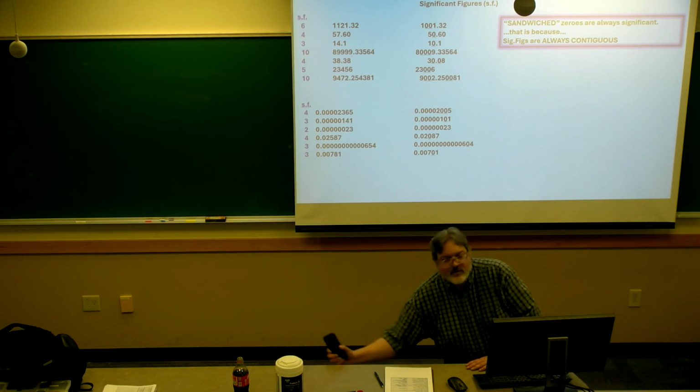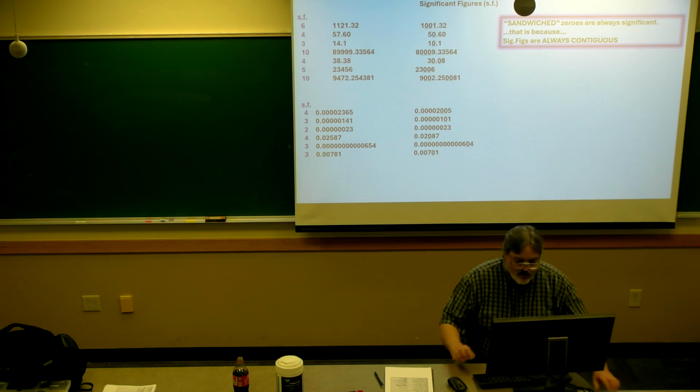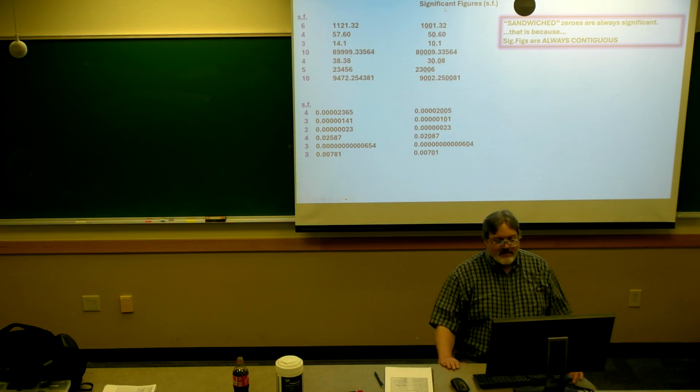Okay, here's another situation with zeros, but this is actually easy to deal with too. Here are those original numbers I had over there, and I've just replaced this 1 and this 2 with some zeros, and I've replaced this 7 with a 0, and this 4 with a 0. A few 9s right here I replaced with zeros. I replaced this 8 and this 3 with zeros. The whole point is